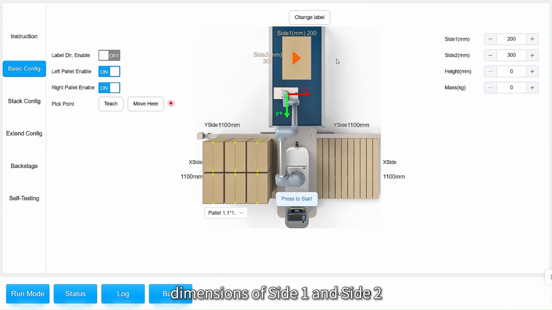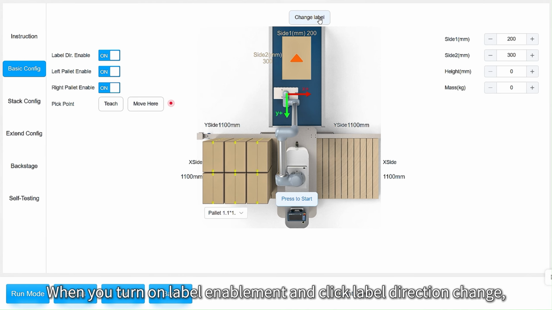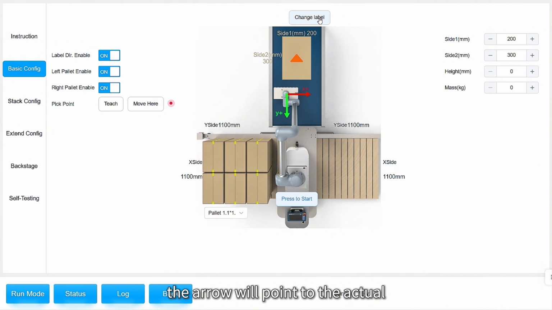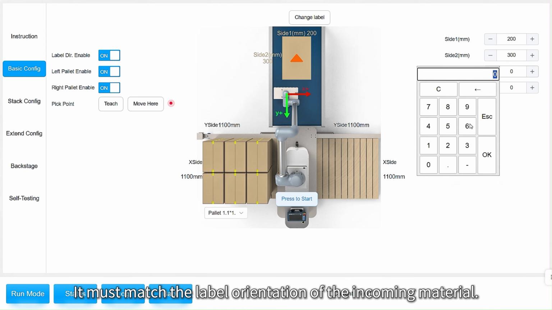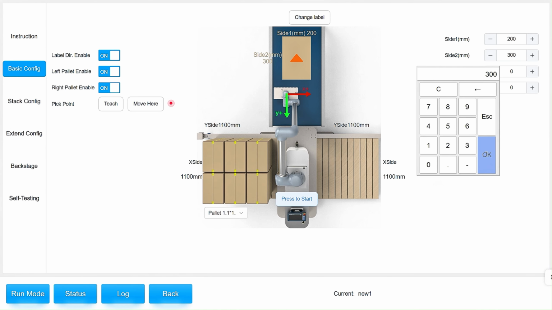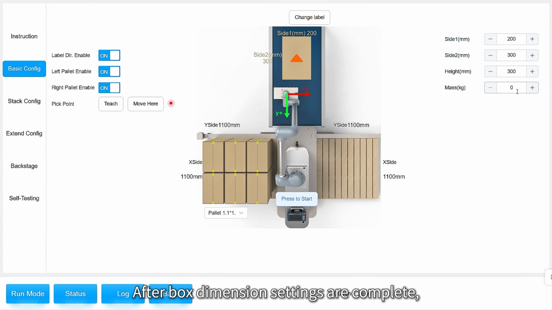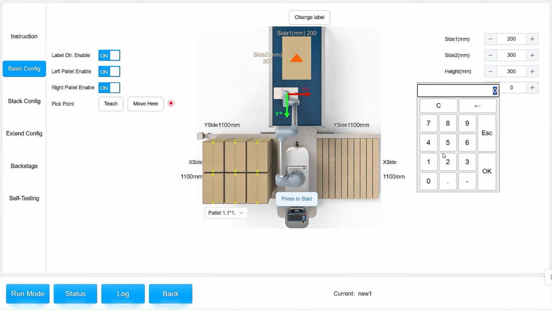Then adjust the dimensions of side 1 and side 2 so that it matches the actual orientation of the incoming box. The usage of label direction: when you turn on label enablement and click label direction change, the arrow will point to the actual label placement side. It must match the label orientation of the incoming material. After box dimension settings are complete,